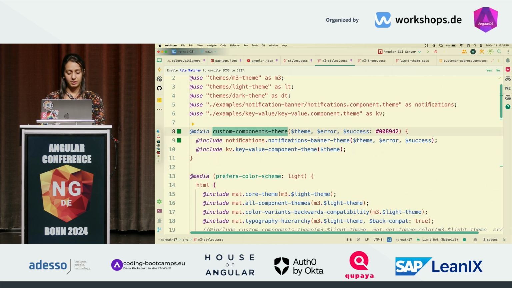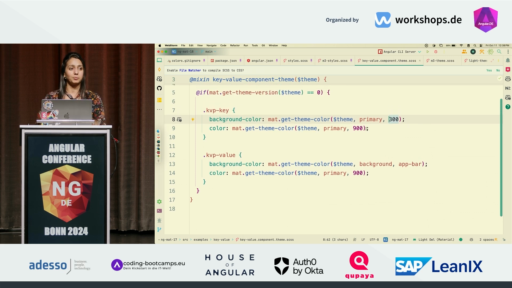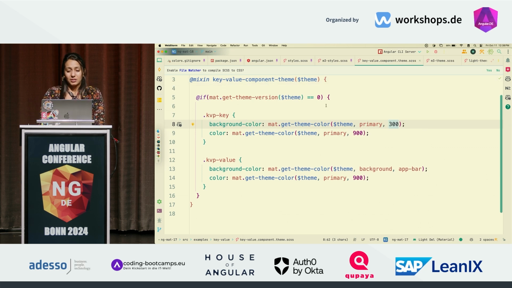because the two components that I'm using here are actually using a primary 300, and that's not even a valid hue in the new material Sass map that gets generated. So I'm going to need my time to figure out what actually the background color should be for this component. So I need to not feel pressure to update all the components in one massive MR. So I can just wrap it around this if condition